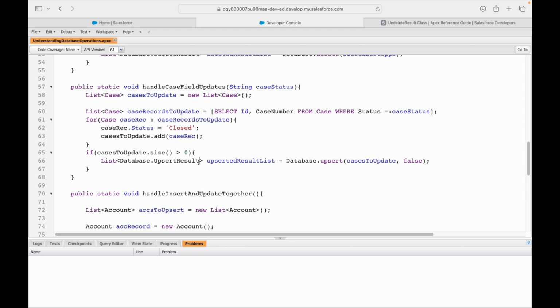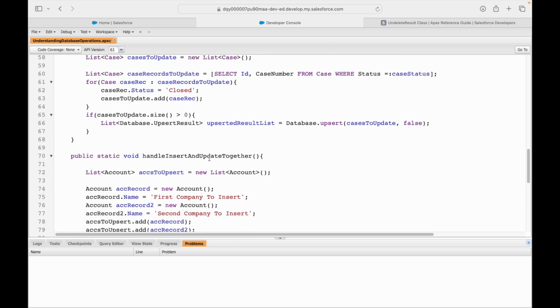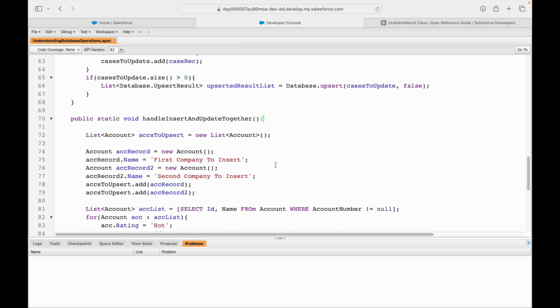Great. What I'll encourage you to do is, you have seen these update methods, right? And you have probably written them with me. Or if you have not written them with me, I'll encourage you to try one update, one upsert, one delete, one undelete, and one insert. Try each command, one method each. Use the database methods for each one of them,